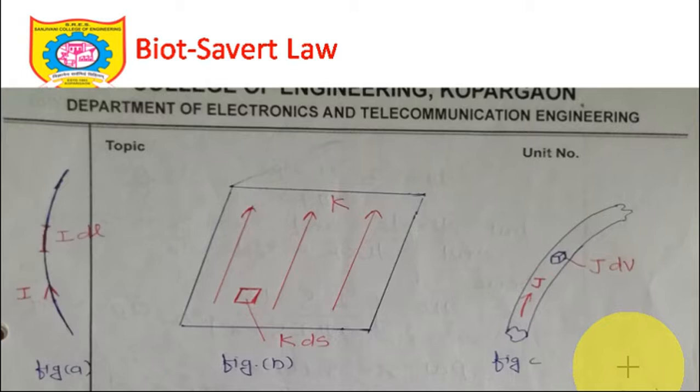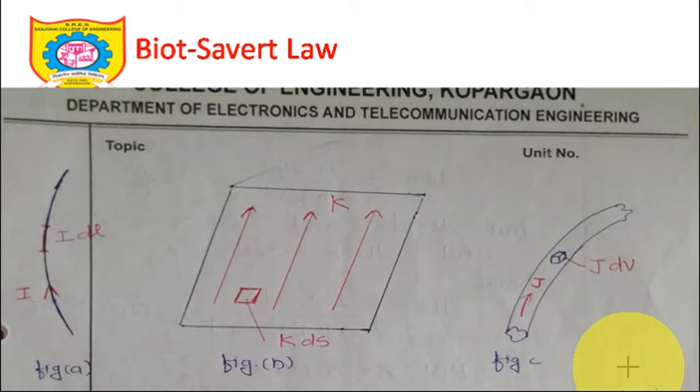So these are three distributions. Now someone can ask me whether there is a concept of point charge in magnetostatics. No, there is no question of point charge, definitely not. Whenever I am talking about electrostatics, an isolated charge exists, but in magnetostatics there is no concept of a monopole, or single charge cannot exist. It has to exist as a south and north pole. We are going to talk about that when we start with the magnetic flux density.